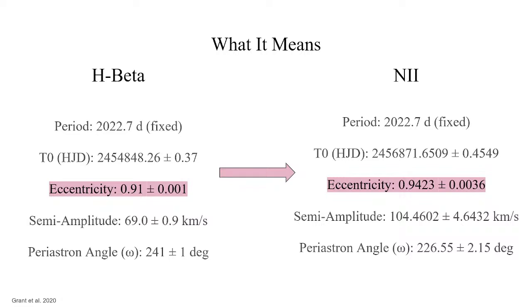I particularly took the H beta lines. H beta shows that they have an eccentricity of 0.91. If you're not familiar with that, the higher to one you get, the more elliptical you get. The lower, the more it looks like a circle. So something like this is already considered highly elliptical. But from mine, I got 0.94, which means that it's actually probably a lot more elliptical than we had